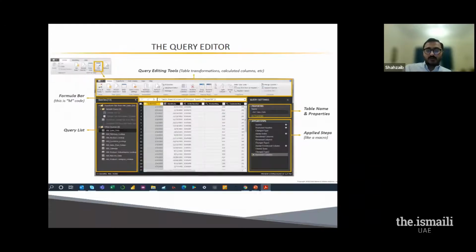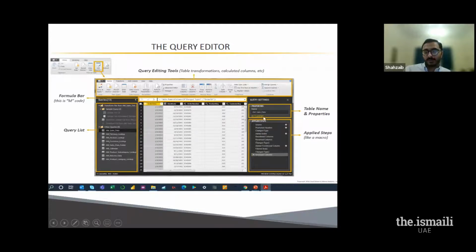Okay, now we are going to look into Query Editor when we start loading the data. The example is just a few slides away. We're going to do hands-on, but just to give you an idea, when you load the data into the query editor, the section on the left-hand side shows you all the data sources or all the tables that you have loaded. This is the section where you will see your data. This is the name of the table, and this is the history of the applied steps that you will see